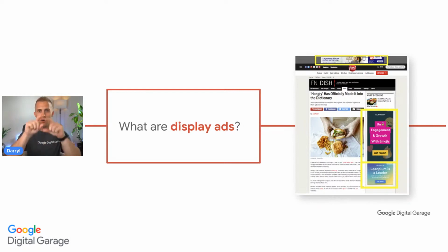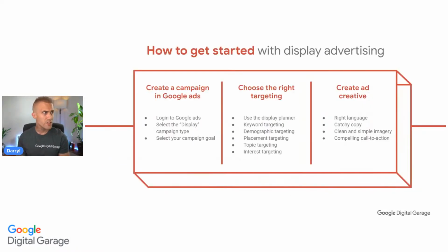There could be banners that are long. There could be banners down the side. There could be text. There could be video. There could be multiple content on which you can now promote your business. So how do we get started with this? Well, we need to jump into creating Google Ads again. We're going to jump into Google Ads, but this time we're going to choose,